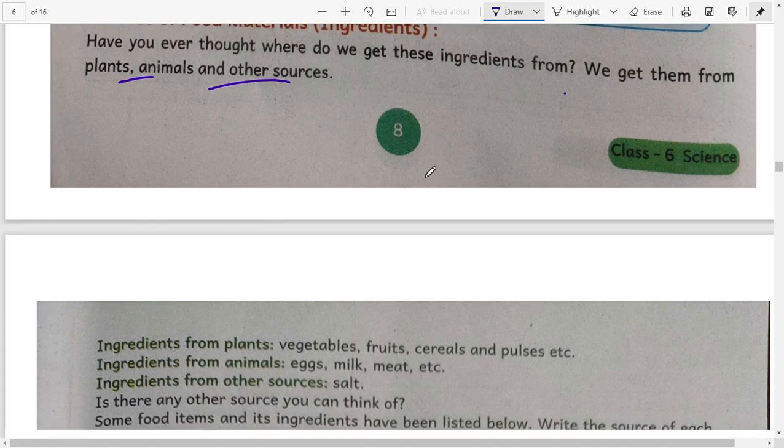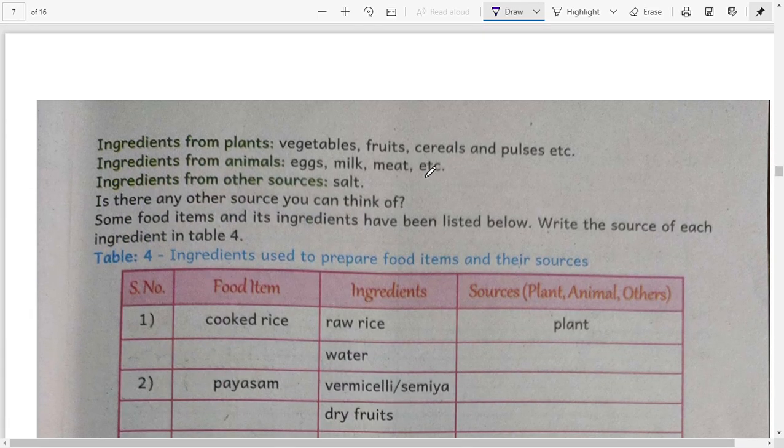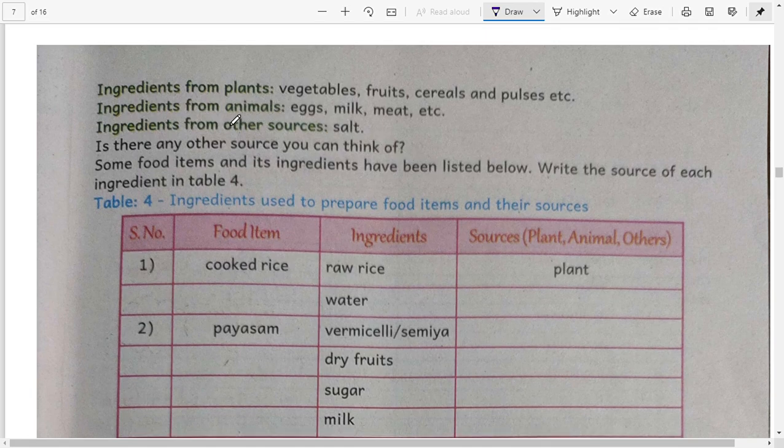Some examples are given in your textbook, that is, ingredients from plants. What are the ingredients? Vegetables, fruits, cereals and pulses. We know vegetables like brinjal and potato, and fruits also we know.